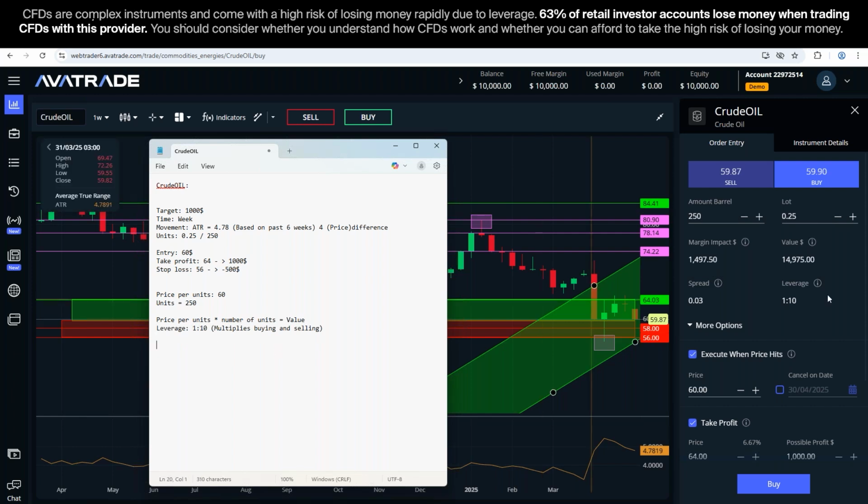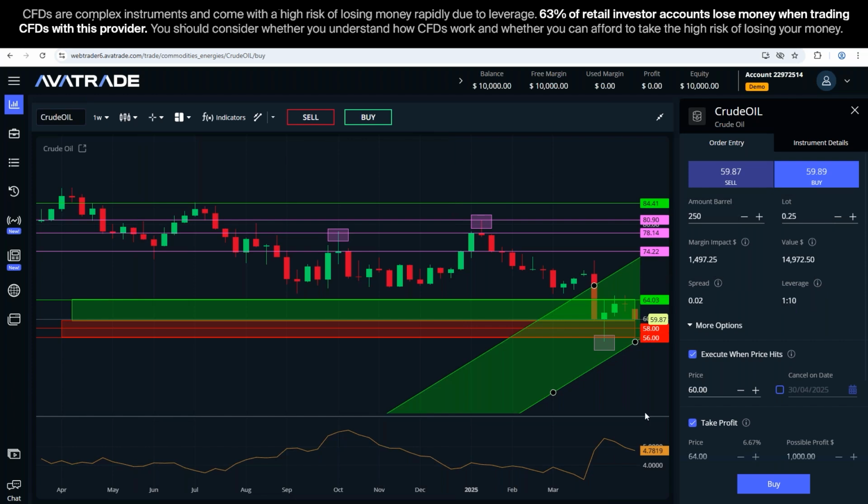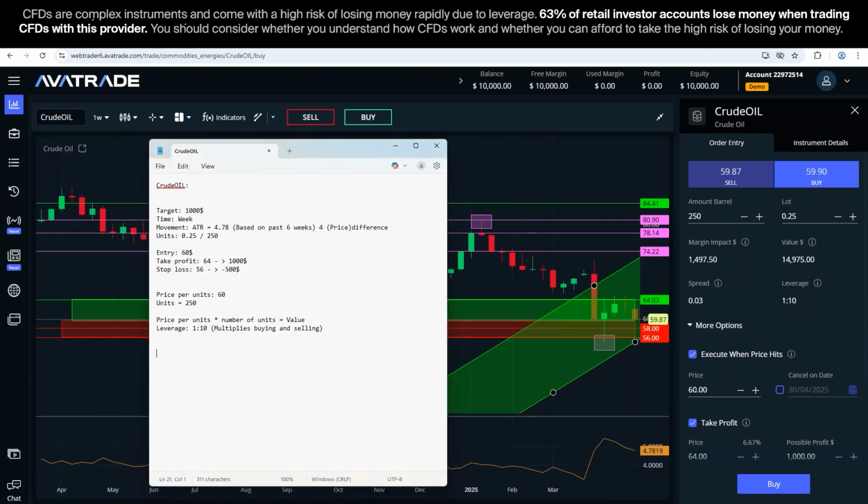Which means since I multiplied by 10, I can just divide the value that I've got here by how much I multiplied by, which in this case is 10. So as you can see, the system already did this by itself and did value divided by leverage, which is margin impact,